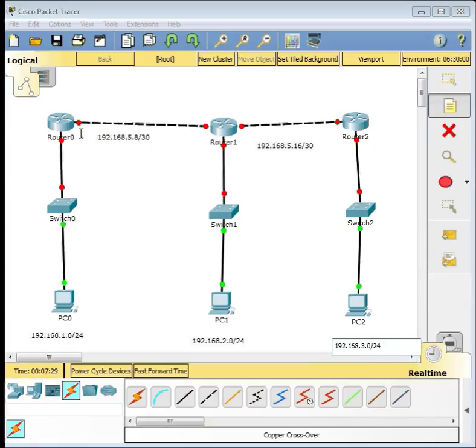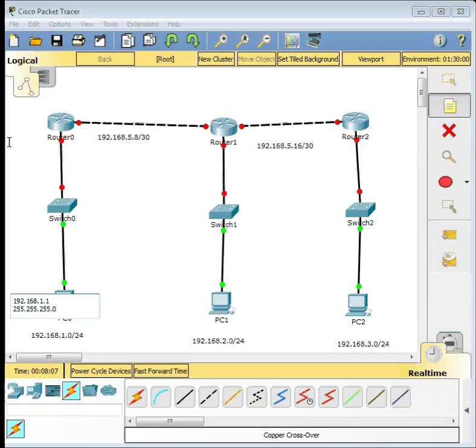So the IP address for PC0, we generally give the first usable IP address of the network. So it's 192.168.1.1, and the subnet mask is 255.255.255.0, since it is /24.